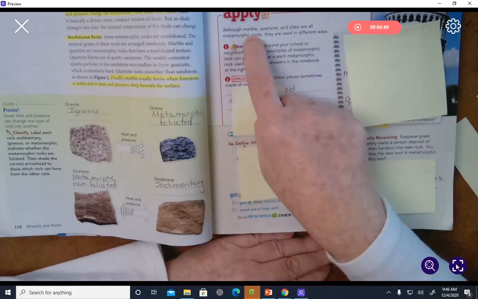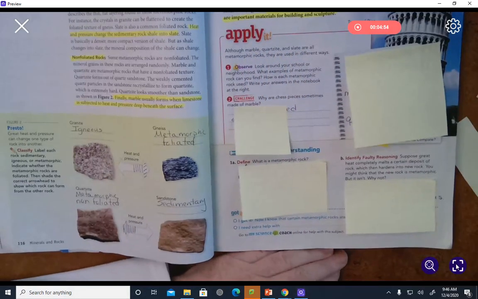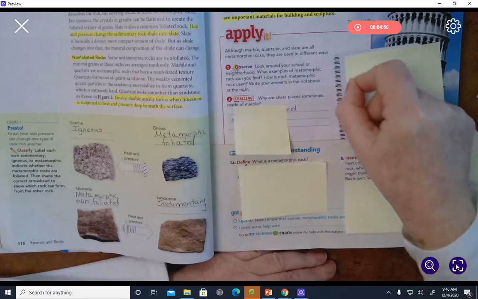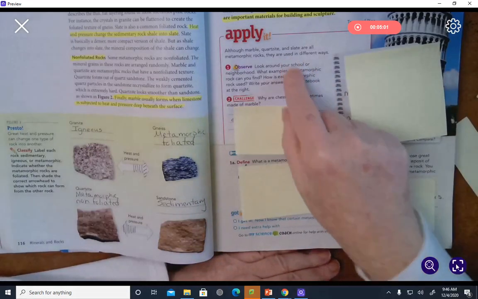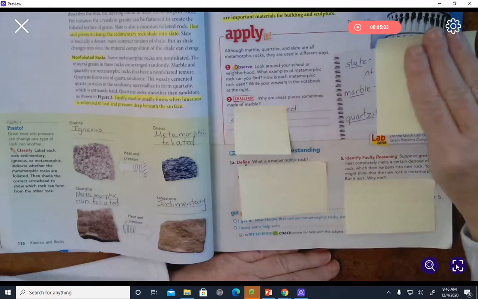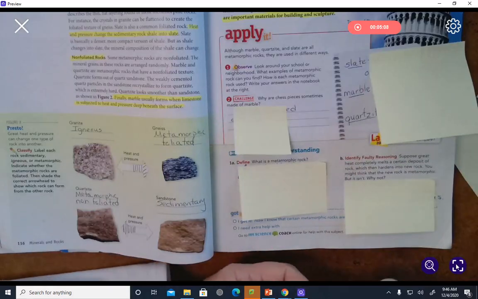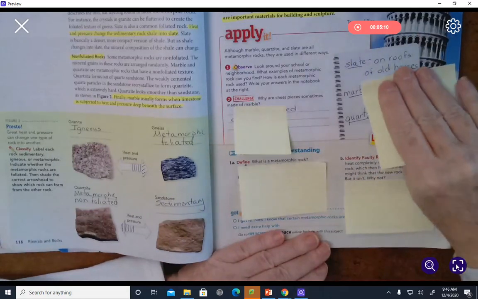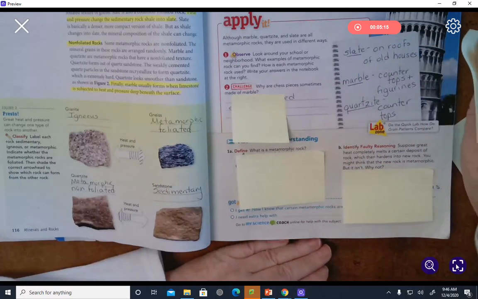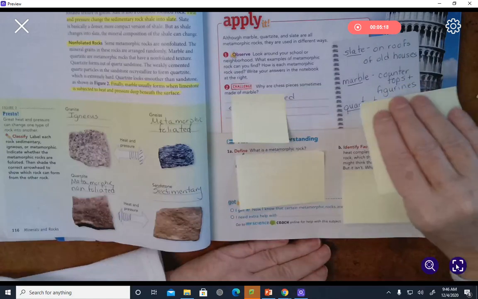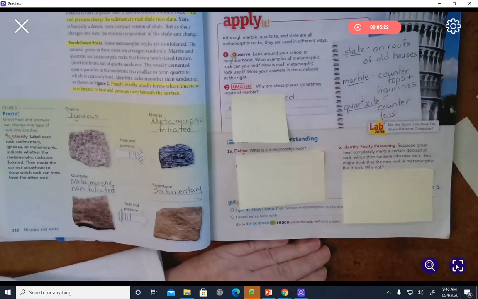So what I did was I took the words marble, quartzite, and slate. Now I could have taken the easy way saying, I don't know, I can't find it, or you could find a way to accomplish what it's asking you to do. So I wrote down all three different types of metamorphic rock. I know that slate was used on roofs of old houses. Roofs? I think that's wrong. Okay, and then marble is on countertops and figurines, and